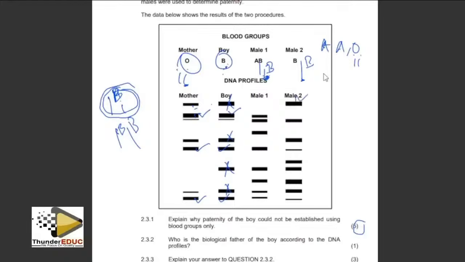Okay, this one, yes, it matches. You see, this one, yes, it matches. You see, this one is matching with this. This one is matching this. That's why we say that individual 2 is the father. Male 2 is the father of the boy, because the remaining bands of the boy have matched with male 2. All right. Now, let's go to